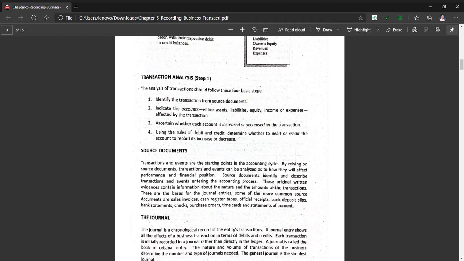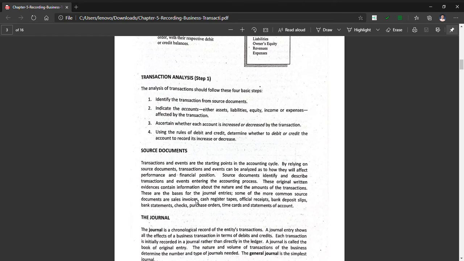Source documents identify and describe transactions and events entering the accounting process. These original written evidences contain information about the nature and the amount of the transactions. Okay, so yung mga source documents lang, so yung mga evidences na merong transactions. So ano yung mga source documents natin? Nakalagay dito, sales invoice. Okay, so kung meron tayong benta,